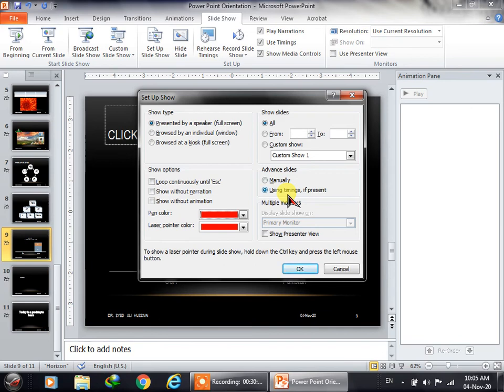For example, if you are presenting internationally, the presenter has given you only 100 seconds and you have 10 slides to present. Now you know that 10 seconds are there for each slide. So you can set that time to 10 seconds and automatically there will be another slide after 10 seconds. So your time will not be wasted on moving the slide to the next. The computer will know automatically that after every 10 seconds, it has to keep on changing the slide.